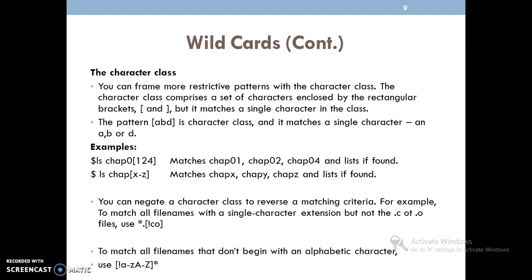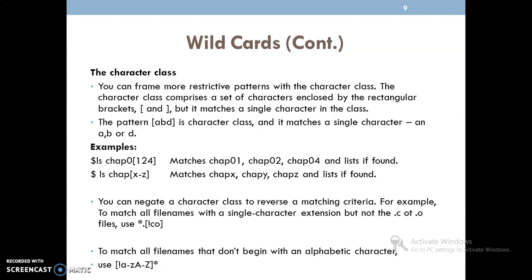Here is one example: *.[^co] means we are matching all the file names with a single character extension but not .c or .o.